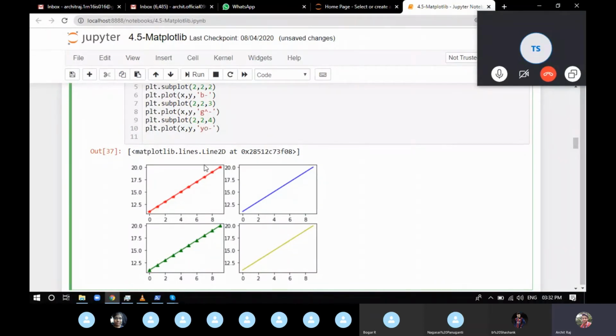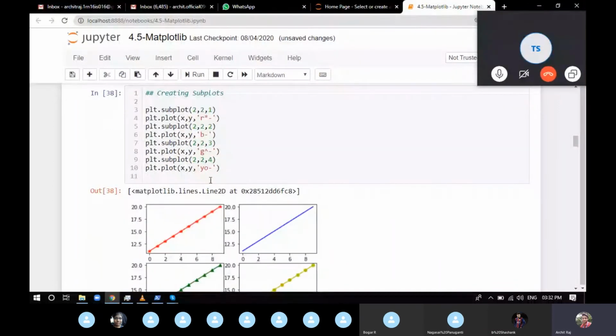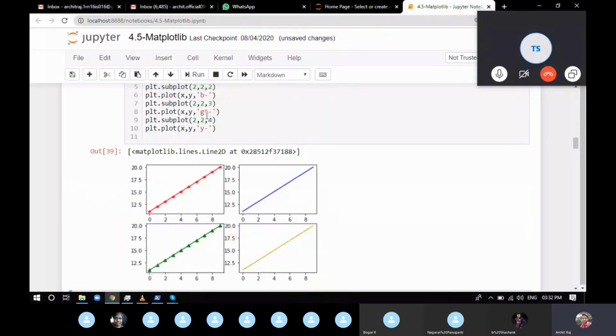So if you make changes in any of the separate graphs, it's not going to affect any other graph in the subplot. Every graph in the subplot works separately. It's just going to print together. So if you want to change this, remove it. If you want to make the marker of the third graph a star, change it. It's just going to affect the graph that you're providing the data to, not any other ones. So they are mutually exclusive, but they just print together.